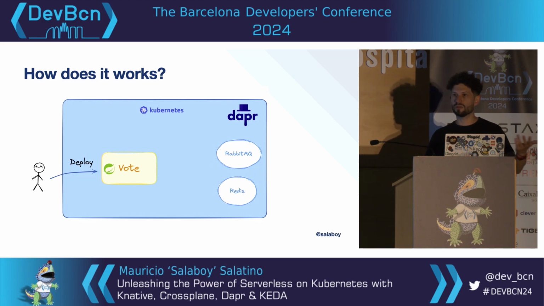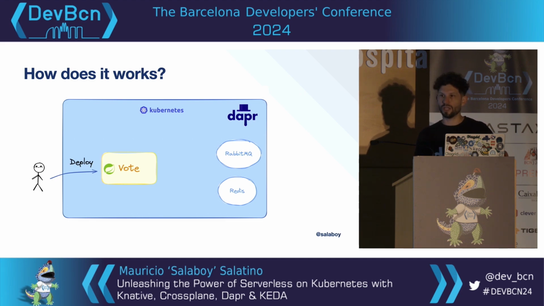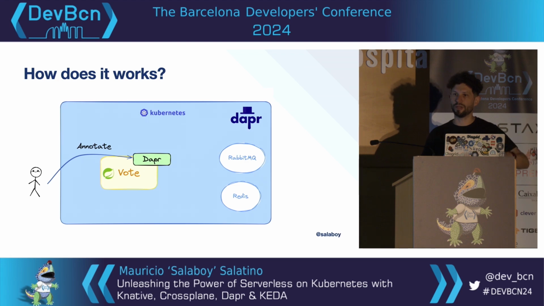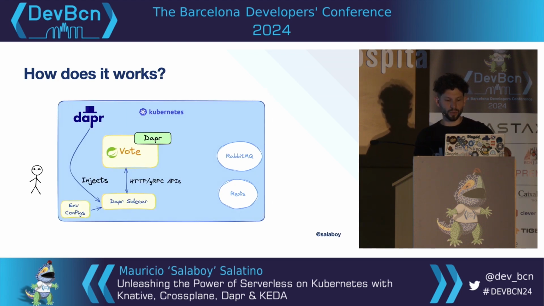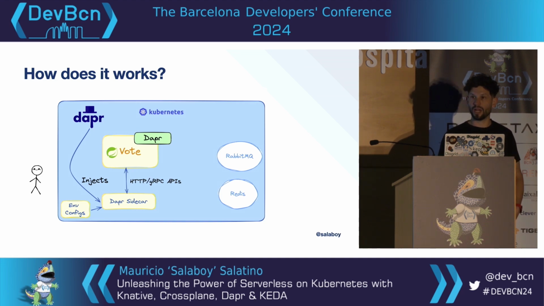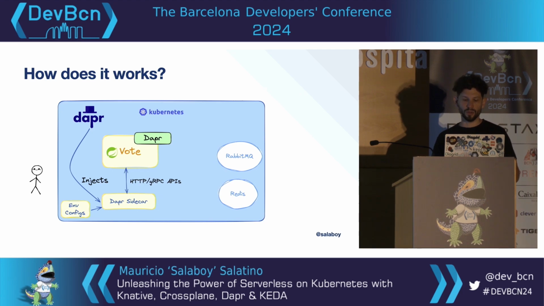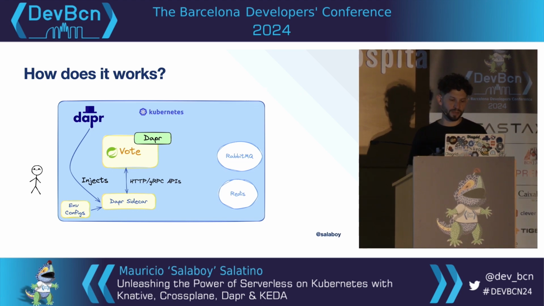So you deploy your application. You can be using Knative, or you can be using just the normal Kubernetes deployment. Then you annotate your application with a specific annotation saying this application wants to consume the Dapr APIs. And the Dapr control plane will basically inject a sidecar that exposes these APIs to your application. These APIs are exposed via HTTP and gRPC, so your application can be sending HTTP requests to the Dapr sidecar or use one of the SDKs, like I was showing with Go or with Java, to do that connection. This is a bidirectional connection, which means that you can send data to or receive data from Dapr, right?